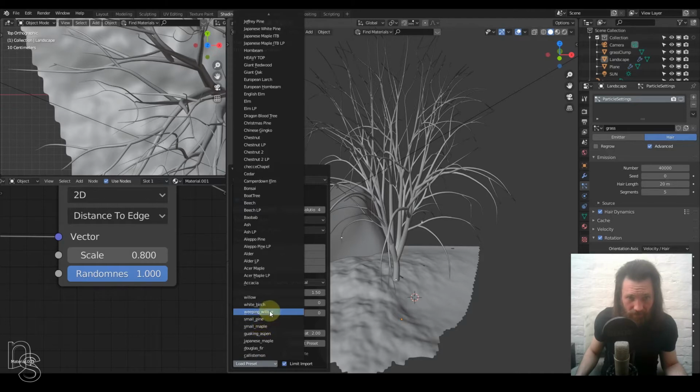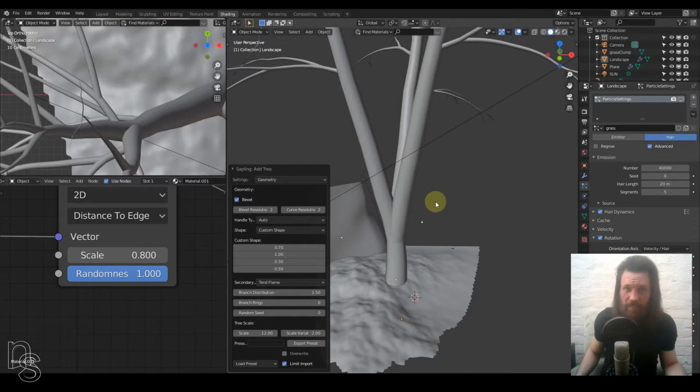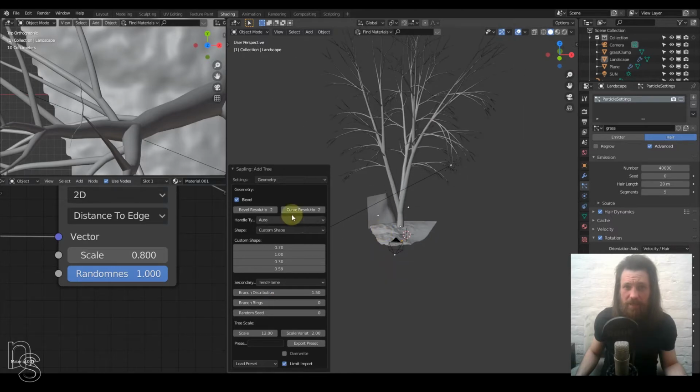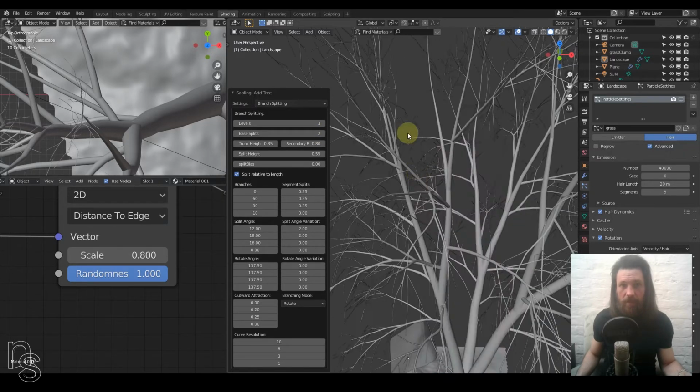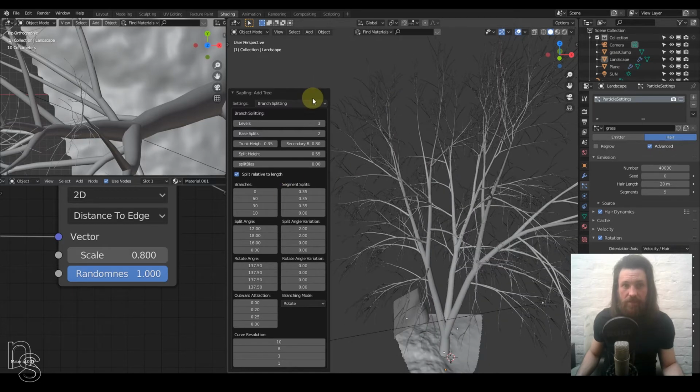So which one did I like? White birch? What's that look like? Oh, that's quite nice. Let's just check. So branch splitting. It says here you've got 2 levels. So it's got 1 level is the trunk, 2 levels of this. Trees don't have only 2 levels. So if you bring in a 3rd level, then you get the little bits, and then the leaves are going